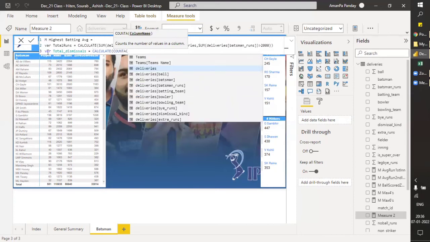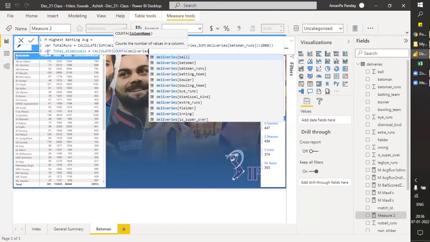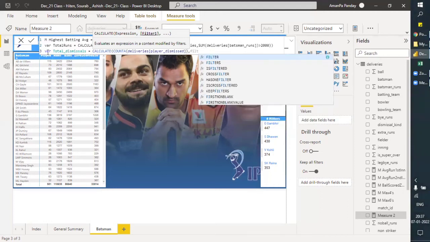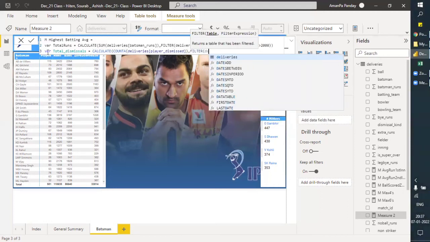Why are we using COUNTA? Because it will be a string which we will be counting, and for counting strings, COUNTA is best. So COUNTA deliveries, player dismissed. Just counting player dismissed, then applying a filter here in deliveries.